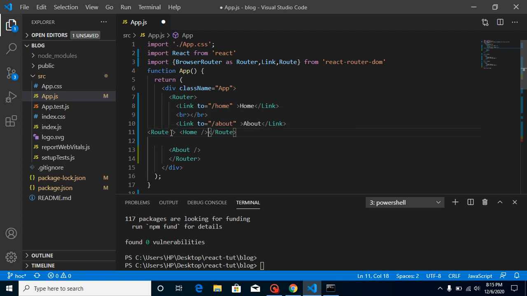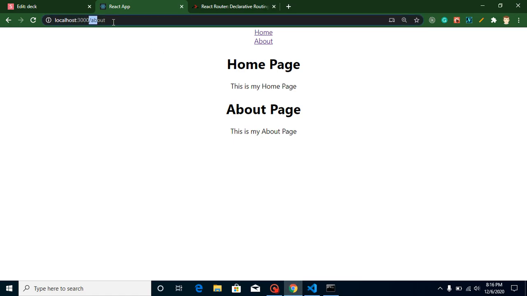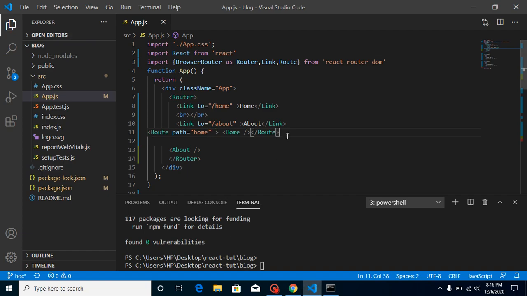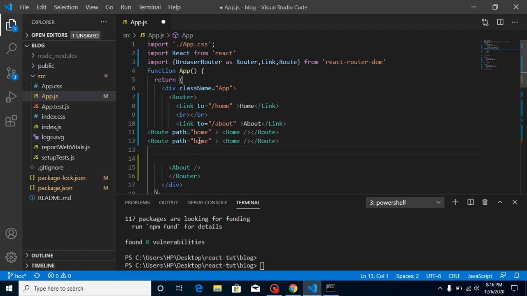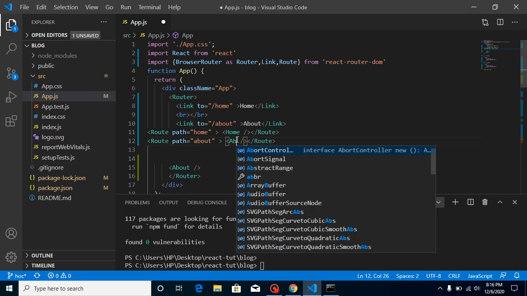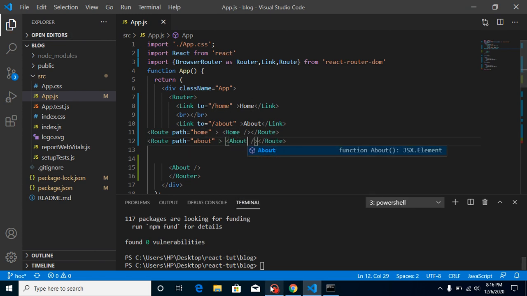Now we must provide a path, on which path we want to open, on home. Whenever we get the home path, then we want to show it. So just put Home here, and similarly put About, and here you can use the About component.